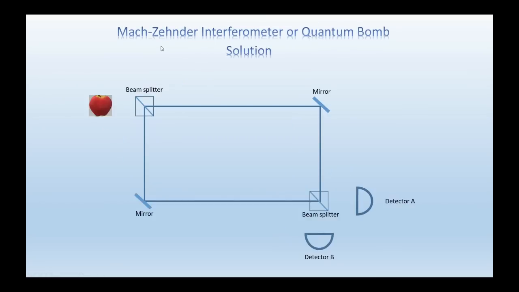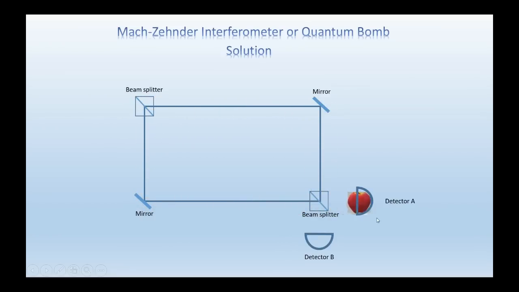I will demonstrate the solution using an apple, similarly to how I did with entangled particle pairs. If there were entangled particle pairs, then one member of the twin pair would travel through the upper path, while the other would take the lower path. However, the beam splitter cannot cut the apple in half, only keep it whole. This means that one member of the twin pair receives everything, becoming the whole apple, while the other receives nothing,